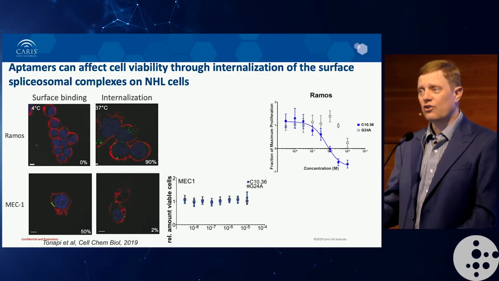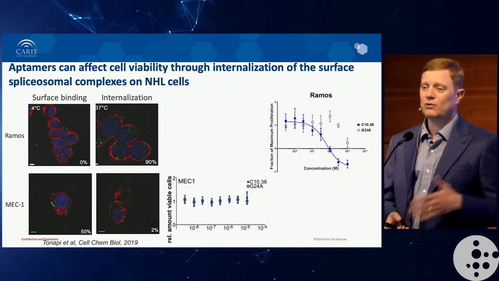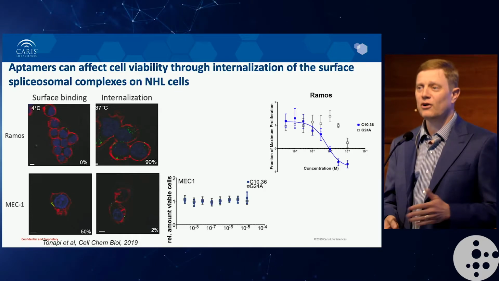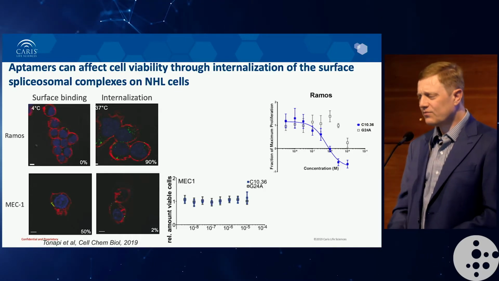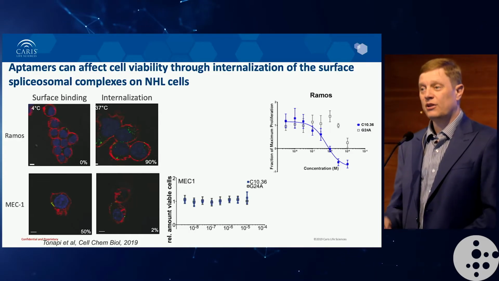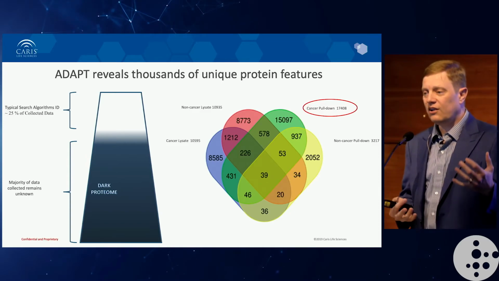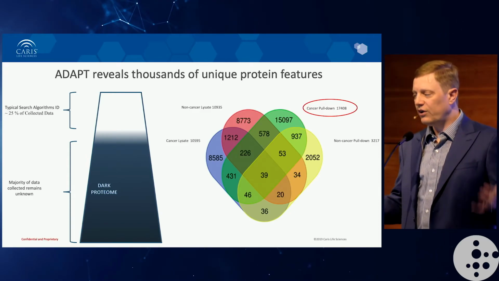So Macugen is a drug for macular degeneration that was an aptamer. It got fully FDA approved, and then 6 months later, somebody released an antibody that did a much better job of that. So I don't really think that aptamers are the end-all be-all for binding moieties, but they sure do make a great discovery tool. Finally, we can begin to look at all of the vastness and richness of data that